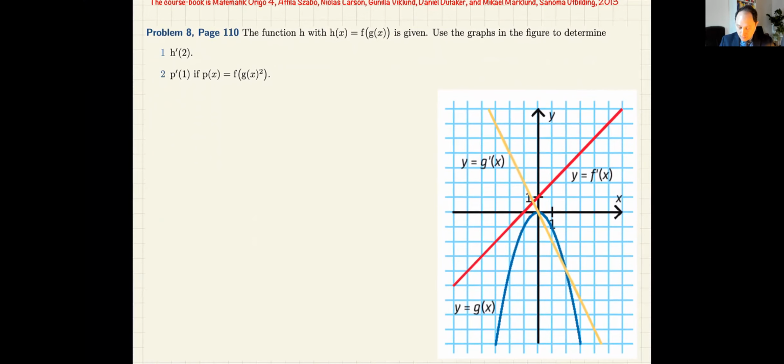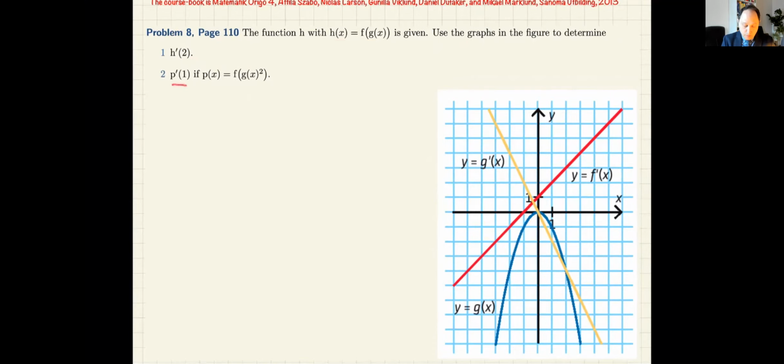A bunch of graphs is given to you here. So here you see that this is the graph of the derivative of function f. This is the graph of the derivative of g function, and this blue curve is the function g itself. And the question is this: the function h with this rule is given. Use the graphs in the figure to determine h prime of 2